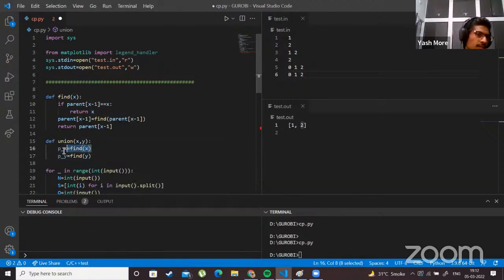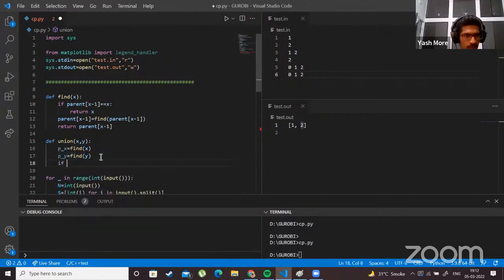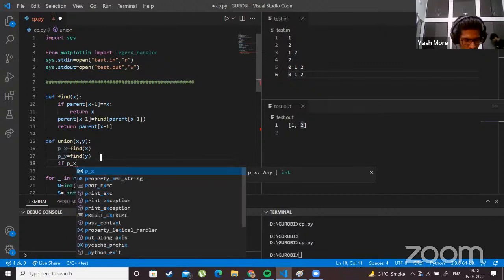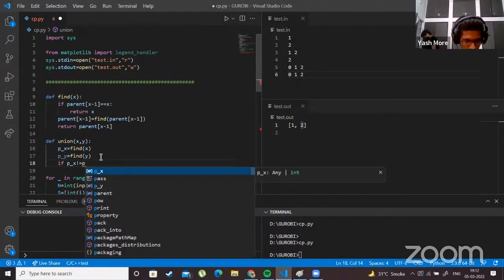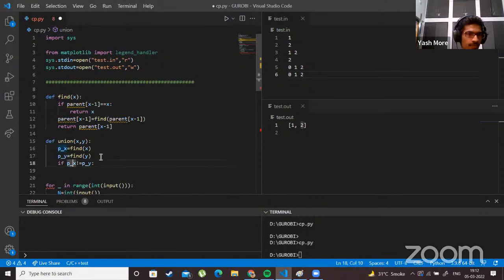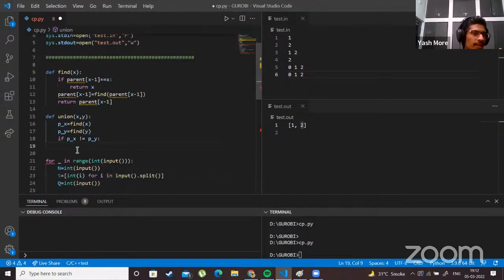This will give me the parent of x. This will give me the parent of y. And if these two are not equal, we can actually merge them. So for merging them, what we can do is